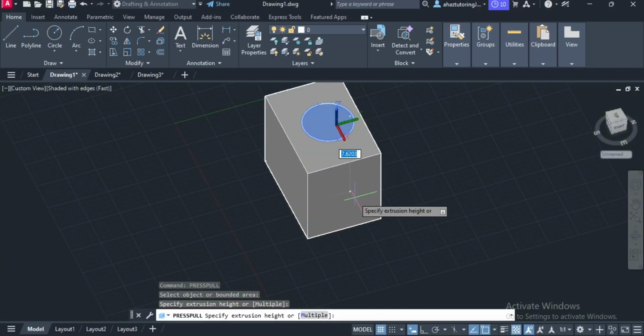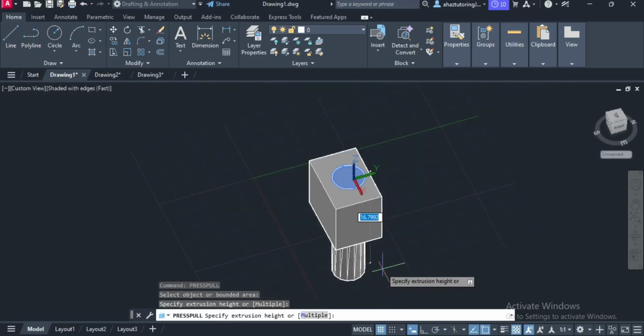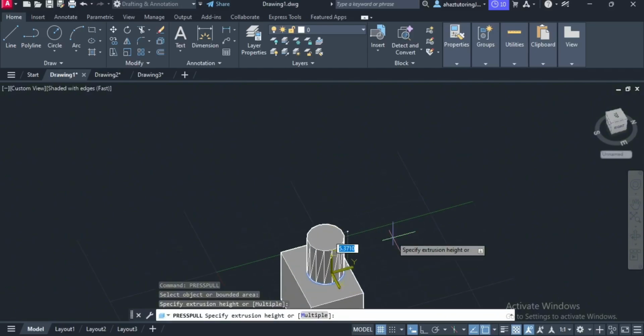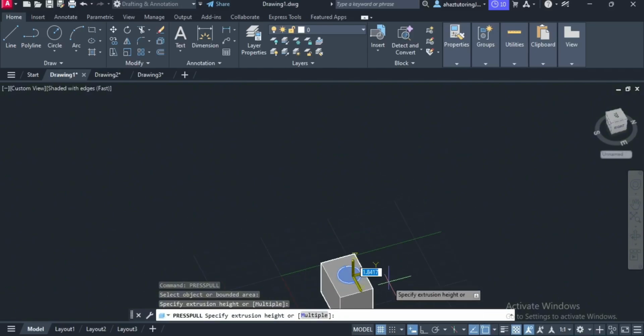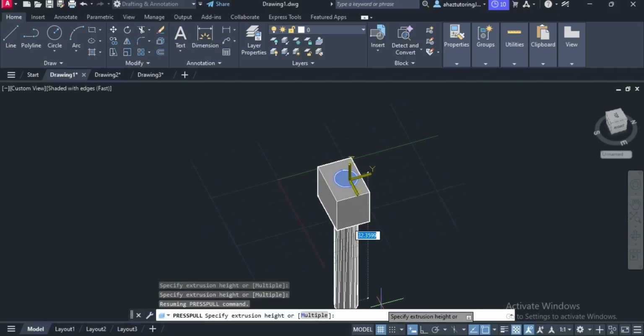Continue pulling the circle downward through the thickness of the solid. If the distance is sufficient to pass completely through the object, AutoCAD subtracts that cylindrical volume from the solid. Once the operation is complete, you'll see that a hole has been created in the object. The circular area that previously existed on the surface has now become an opening extending through the solid. The diameter of the hole matches the diameter of the original circle, making this method both precise and easy to